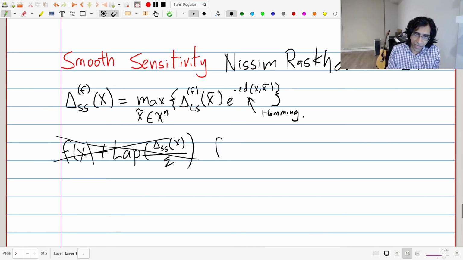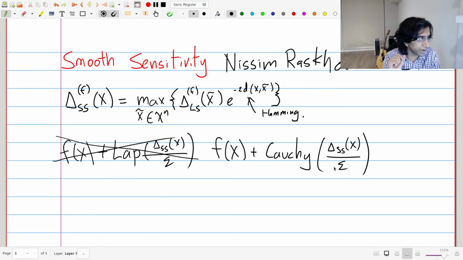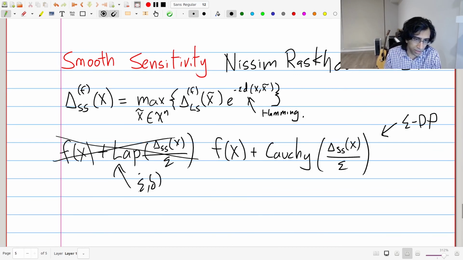What you actually have to do is you take f of x and then you add what's known as a Cauchy random variable, with scale parameter equal to the smooth sensitivity over epsilon. So this is not a Laplace random variable; it's a Cauchy random variable, which will give you epsilon DP. If you tried to do this, actually, I lied to you a bit. This would work, but it would give you epsilon delta DP for some delta greater than 0. But instead, if you want pure DP, you have to add a Cauchy random variable, which maybe you haven't